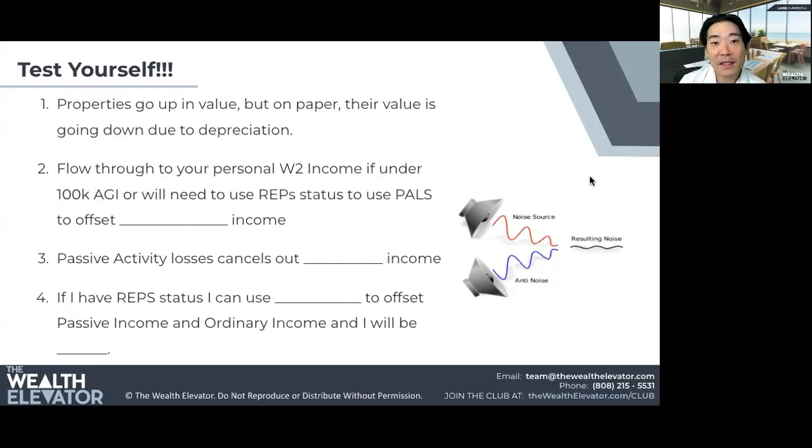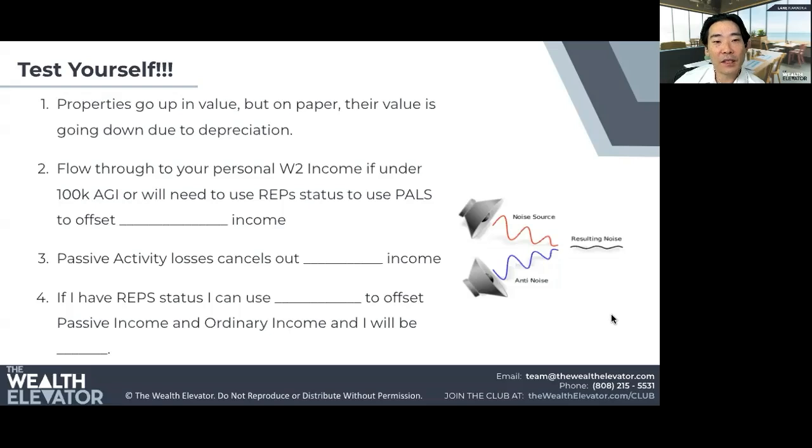But aside from that, passive activity losses cancel out what income? Passive income, right? The key there, where I think some CPAs get tripped up, is they don't group your entire portfolio. Sometimes these guys think that the passive losses from a deal only offset that deal's passive income. Not the case, folks. Get a new CPA. I think of it as your AirPods Pro, counteracting the wavelength of the noise source to create a resulting quiet, where the noise is the passive income and the passive losses cancel it out.